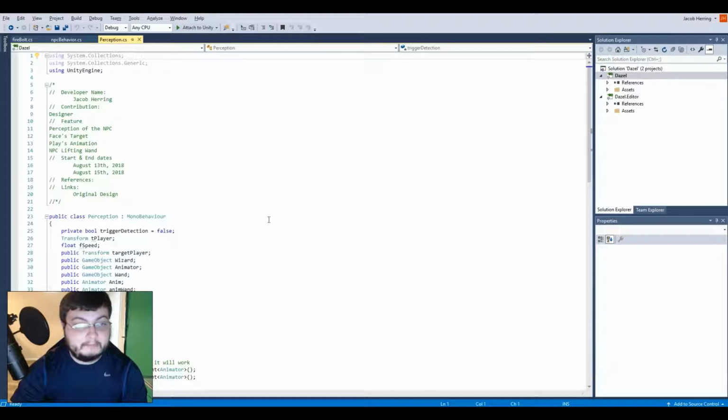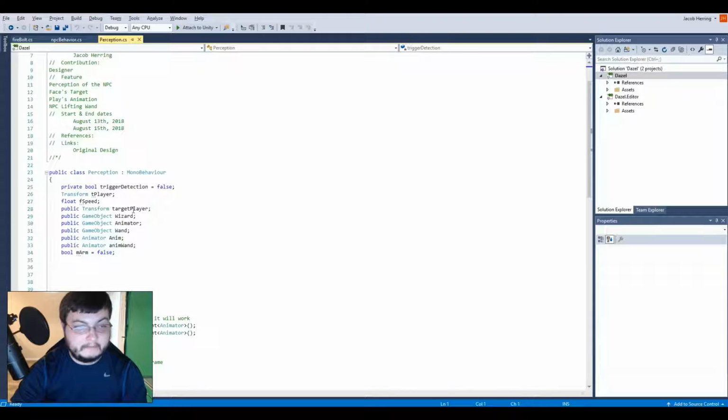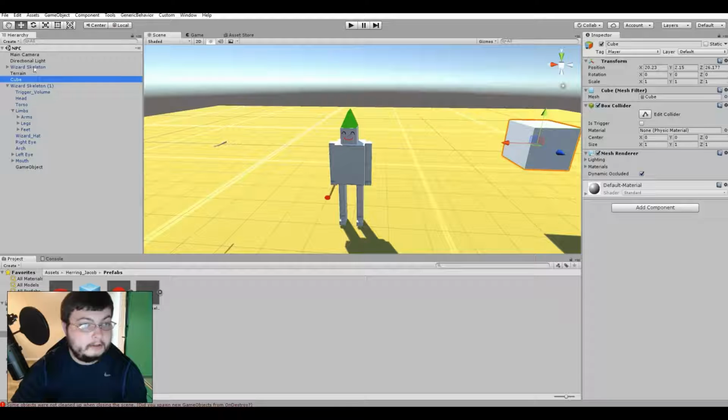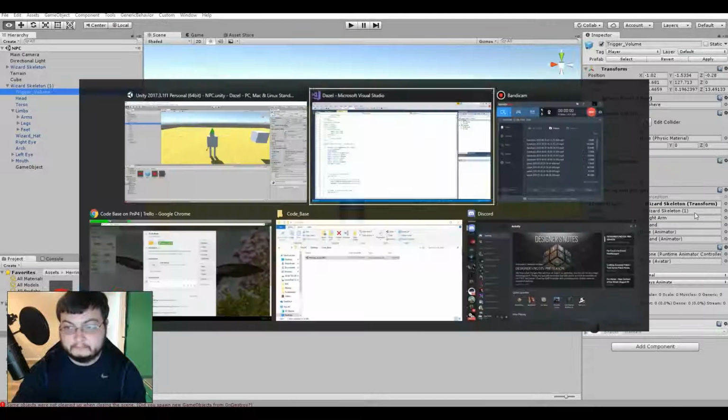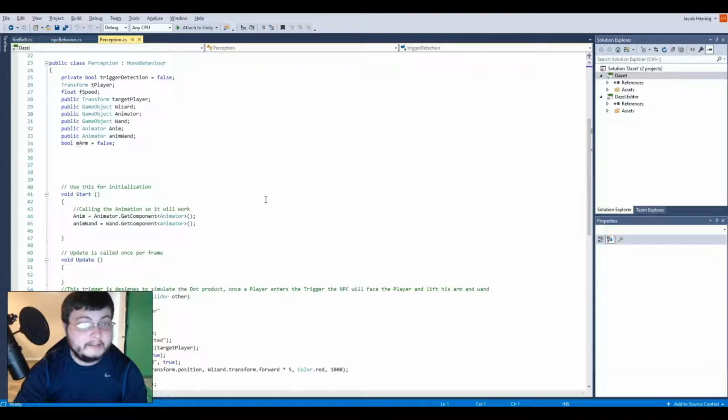Anything tagged player, and I have it as a public variable, so I attach the player. Under the trigger volume, for example, it says target player, and I have that right there. So anything that's tagged player and is listed as the target player